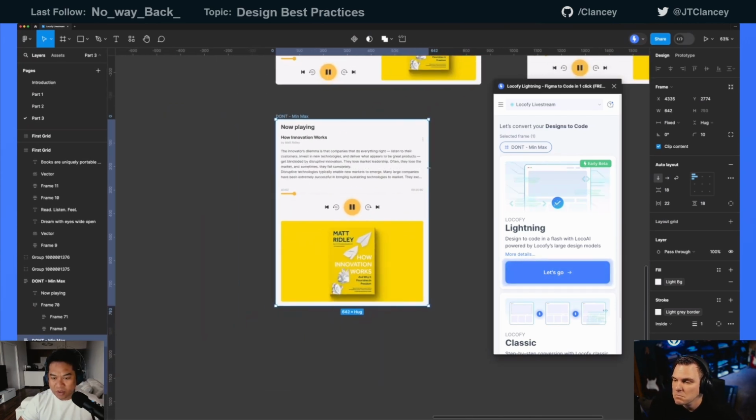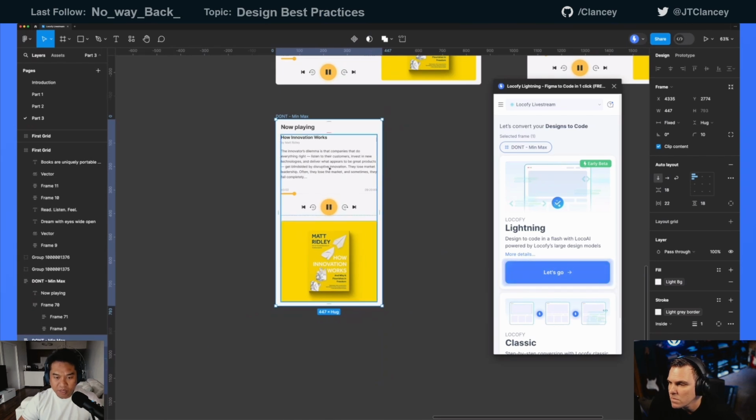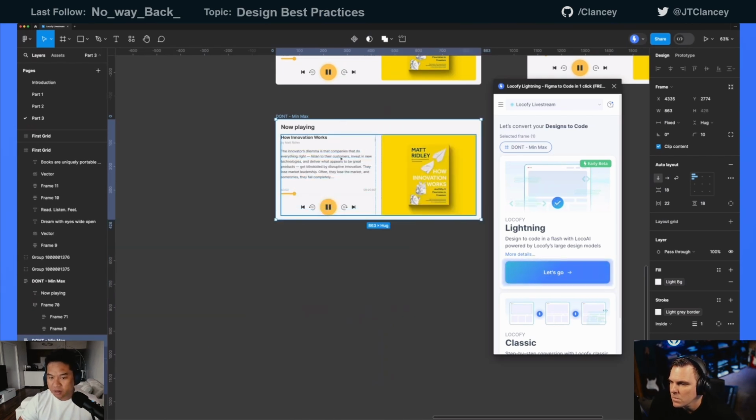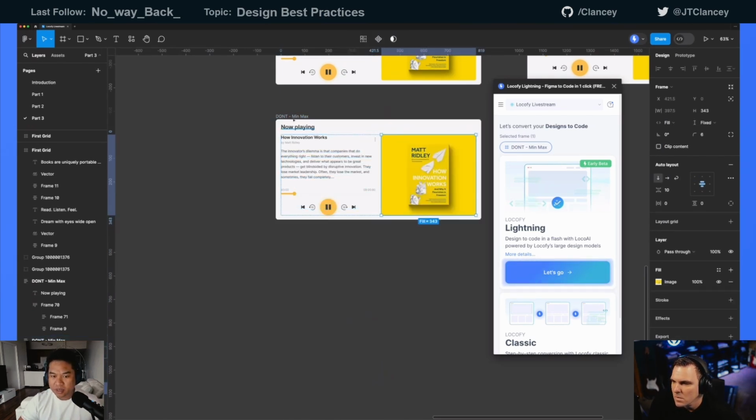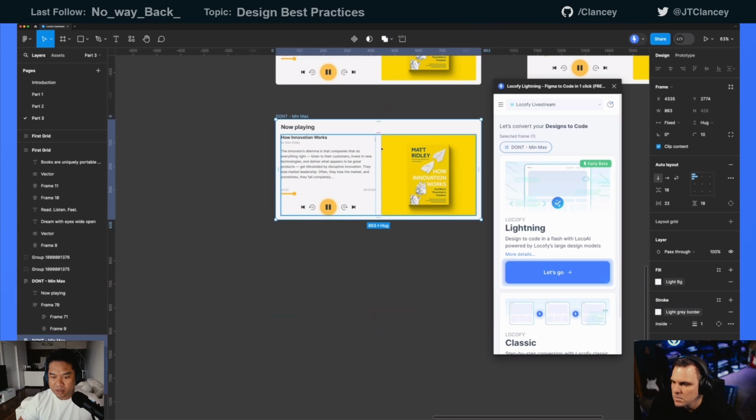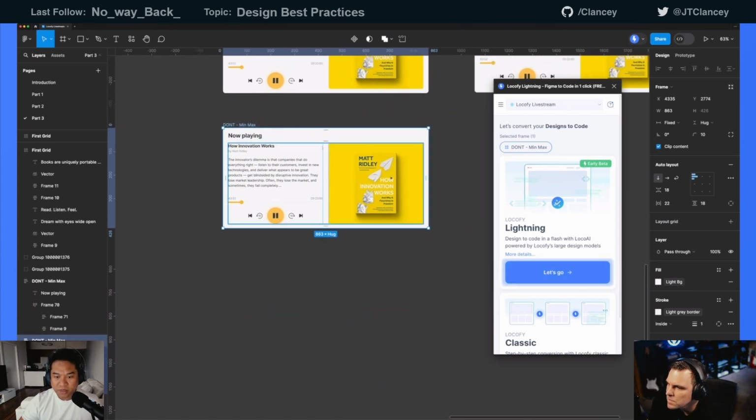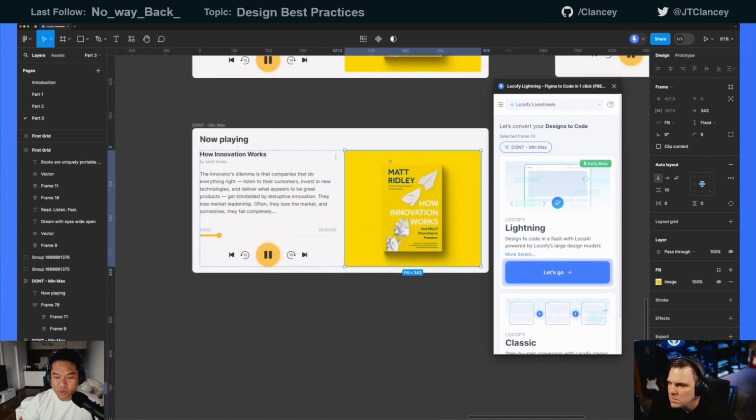So we've added a minimum width. When it reaches 300, that's the time that it will wrap. And then you can tweak it